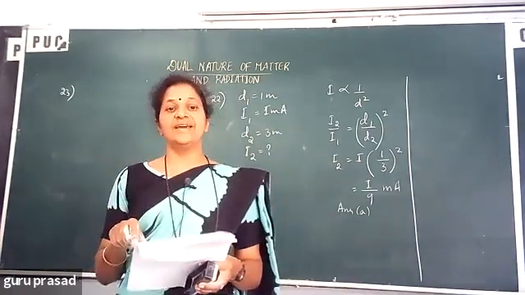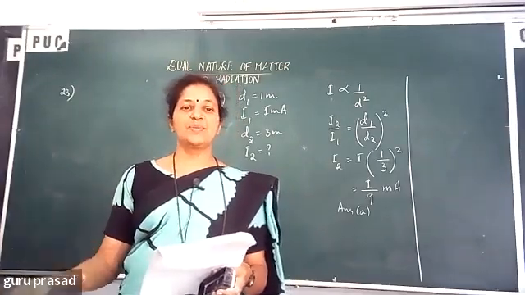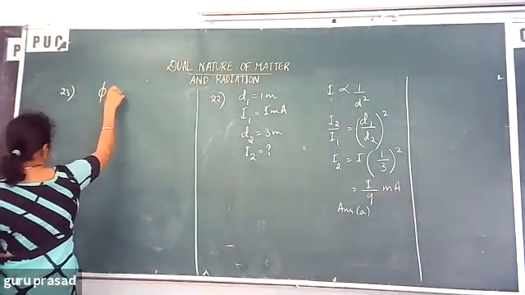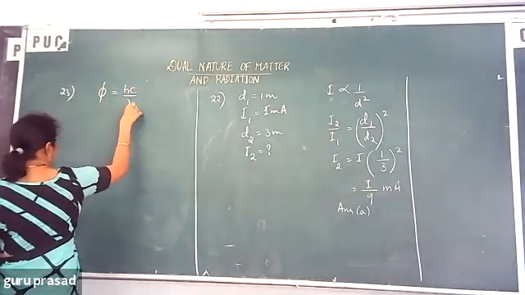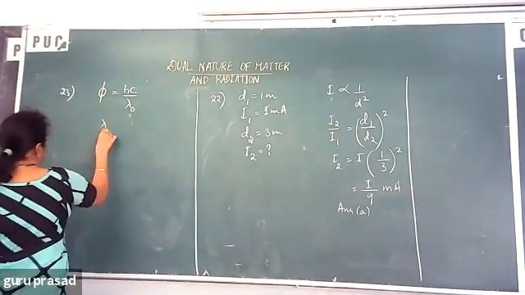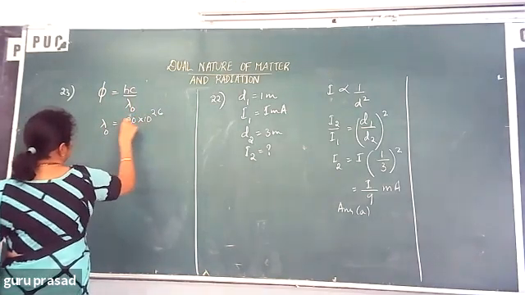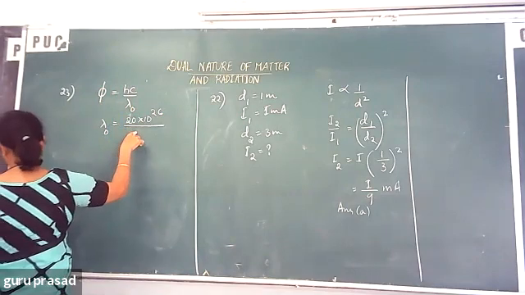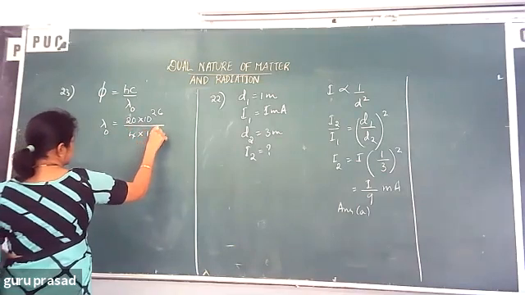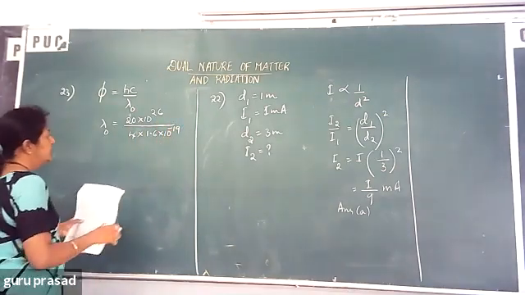Now, the corresponding wavelength is the maximum wavelength, because energy is inversely proportional to wavelength. That same thing you have to find out. Phi is equal to hc by lambda naught. This is the maximum wavelength they asked you to find out. So lambda naught is hc, 20 into 10 power minus 26, by phi. Phi, the work function, is 4 electron volt. 4 into 1.6 into 10 power minus 19, because you have to convert into SI unit, no?